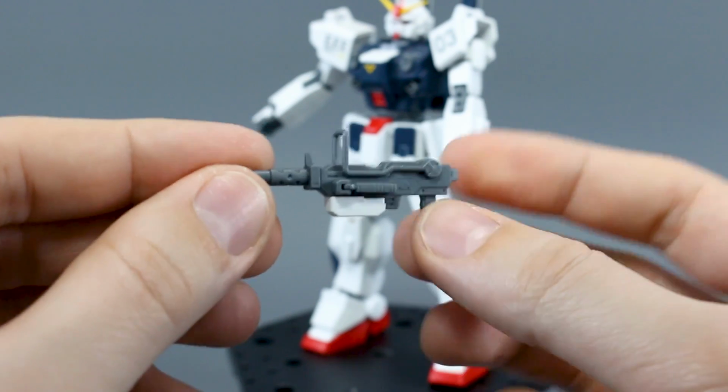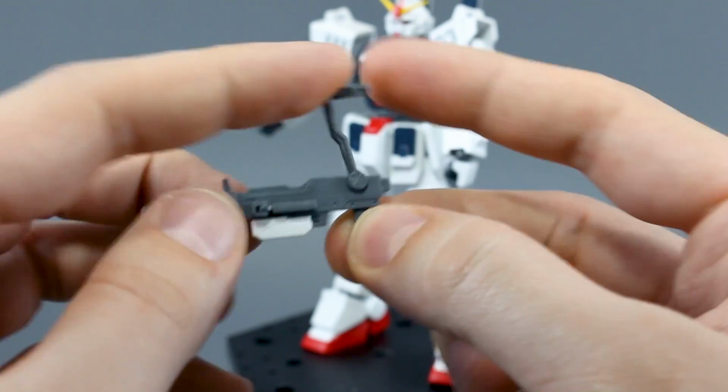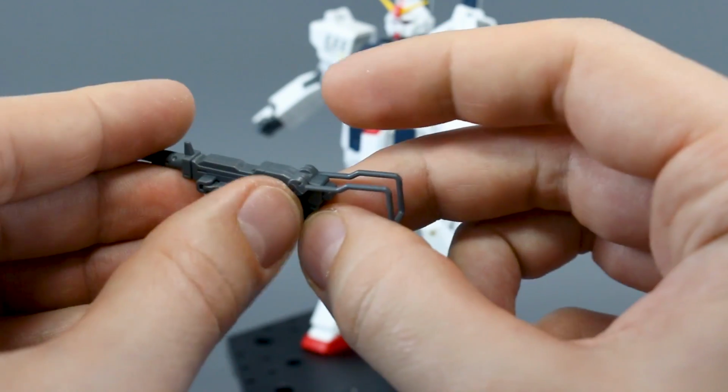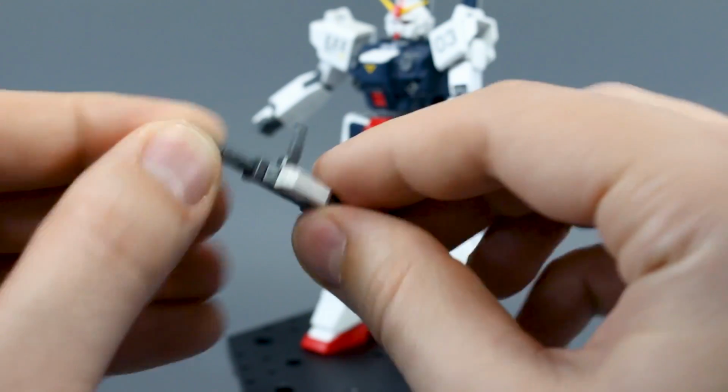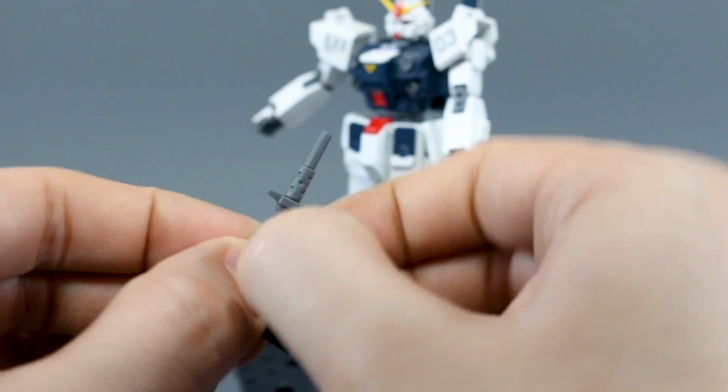Okay, and then we've got just the standard machine gun here. This is something we've seen many times. This stock will fold back like so. The secondary handle will fold out like so. The ammo pack can be removed, and we do have the two extra ammo packs that are on the side